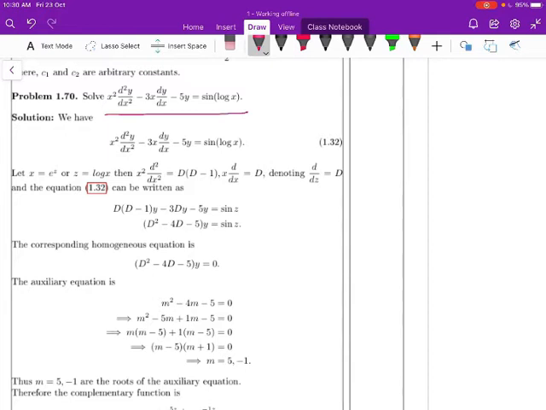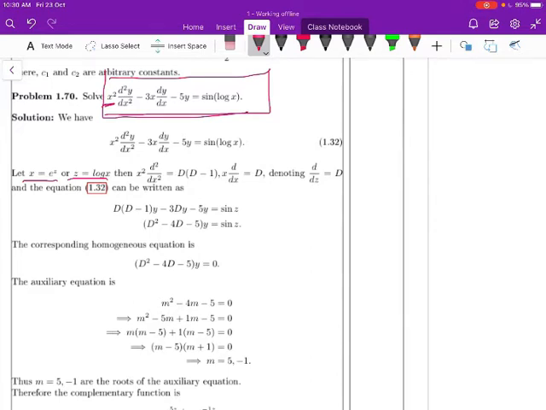variable coefficient degree of the variable coefficient is also 2, and the first order derivative and corresponding variable x power is 1 and minus 5. So this is being a Cauchy linear differential equation. So one can convert variable coefficients into the constant coefficients by taking the transformation x is equal to e power z. So this implies z is equal to log x.